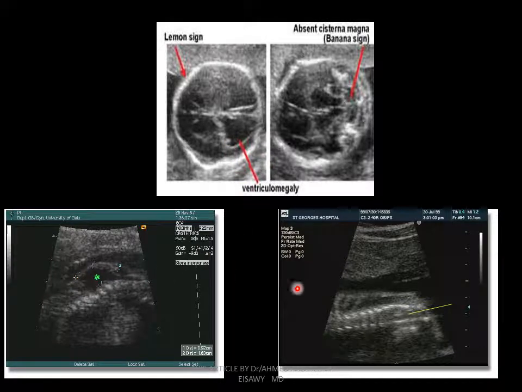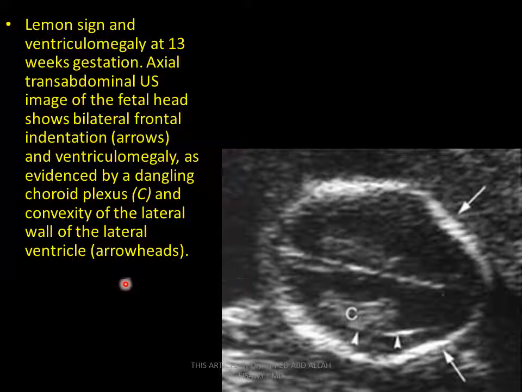This is myelomeningocele, as we see. Lemon sign and ventriculomegaly at 13 weeks gestation. Transabdominal ultrasound shows the fetal head with bilateral frontal indentations, as I see by this arrow, and ventriculomegaly, as evidenced by dangling of the choroid plexus and the convexity of the lateral wall of the ventricles, as we see. This is ventriculomegaly and